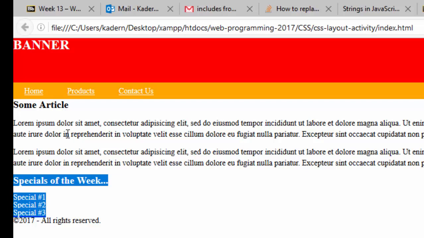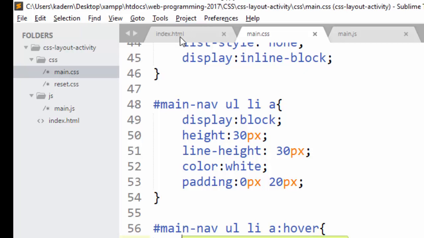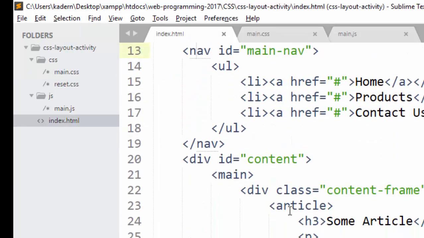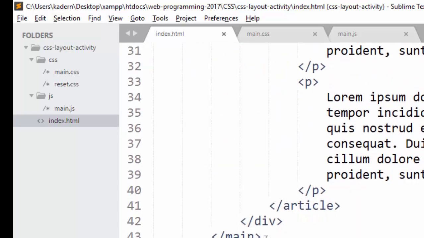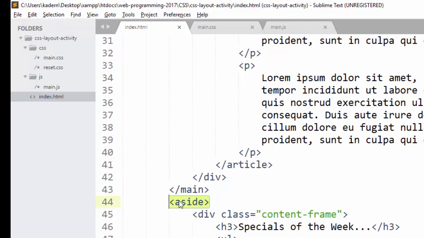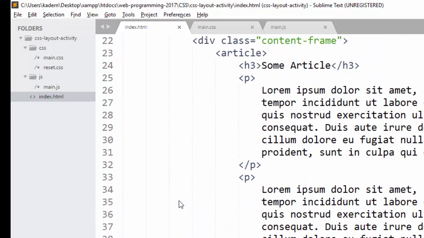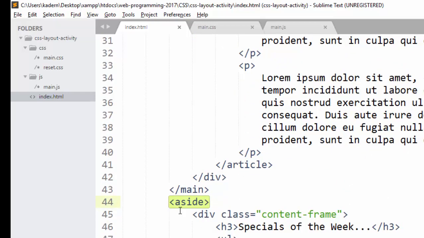So anyways, if you look at the HTML, you'll see that the main tag and the aside tag have a parent. It's a div with an ID of content, and here it is right here. So it's got two children, the main tag, and then if I scroll down here, here's the end of the main tag, and the main tag has a sibling called the aside tag. So those are going to be the two columns, the main column and the side column. Okay, we'll eventually set that up, but for now, we're going to float these two elements, the main and the